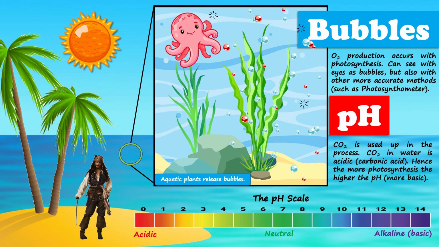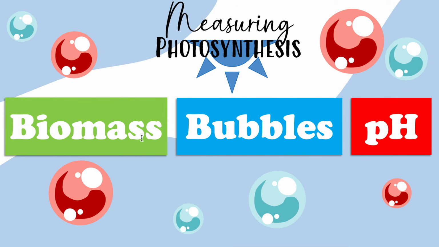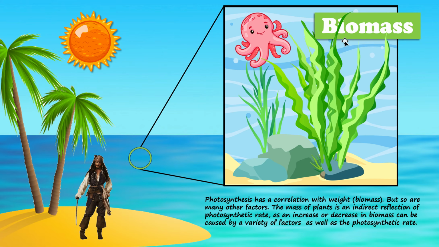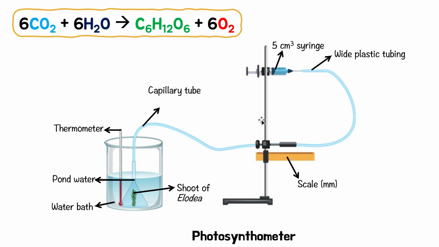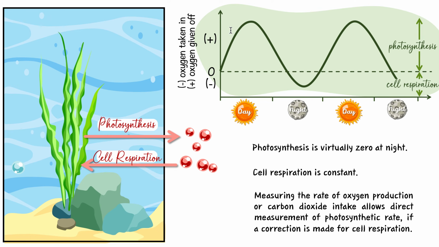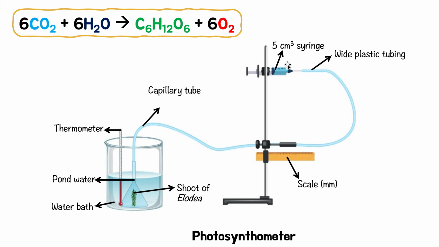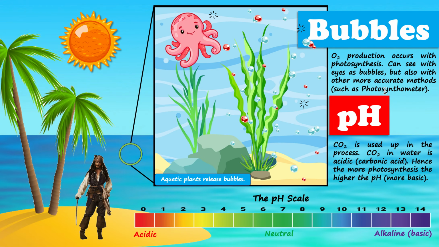So to answer the question, when you and your friend compete and you're trying to see whose plant did more photosynthesis, an okay way to use would be biomass, but it's not that accurate because there are many things affecting the weight of a plant. Another thing would be bubbles. This is one of the best ways because you can directly use a photosyntometer, which can exactly calculate the amount of oxygen made. But remember to compensate for cell respiration if you want to find the true amount of oxygen made by photosynthesis. So in my opinion, this would be the best way, bubbles, okay, using a photosyntometer.